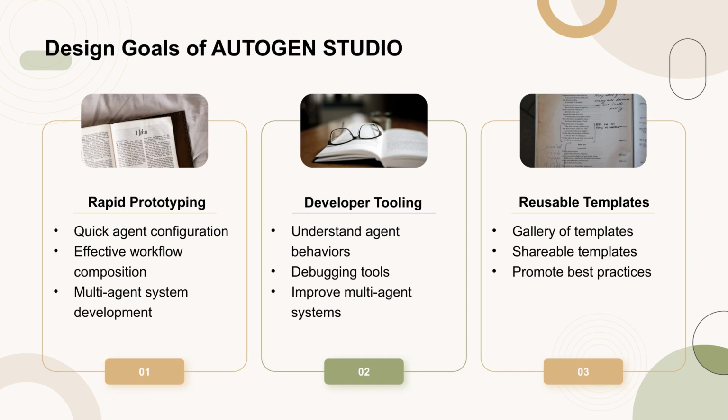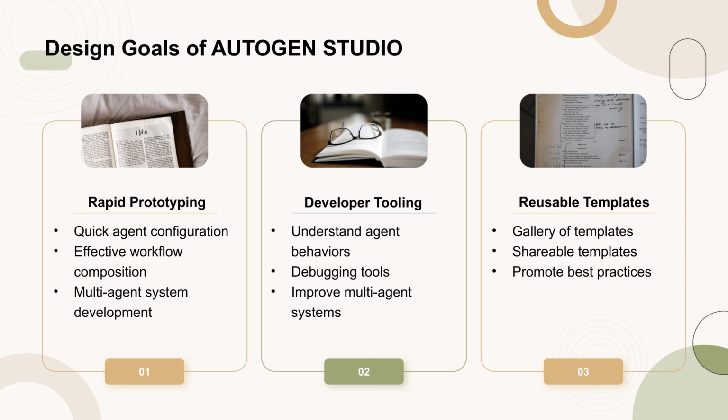AUTOGEN STUDIO is designed with 3 core objectives to enhance the multi-agent developer experience. Firstly, it focuses on rapid prototyping, providing a playground where developers can quickly specify agent configurations and compose these agents into effective multi-agent workflows. Secondly, it offers developer tooling designed to help developers understand and debug agent behaviors, facilitating the improvement of multi-agent systems. Lastly, it presents a gallery of reusable, shareable templates to bootstrap agent workflow creation. This approach aims to establish shared standards and best practices for multi-agent system development, promoting wider adoption and implementation of